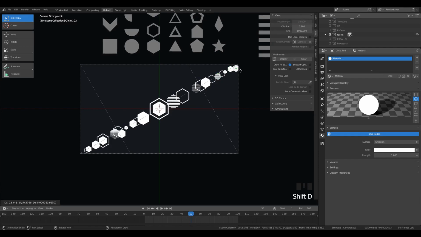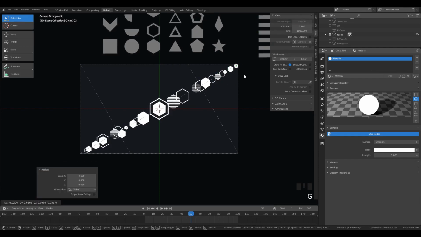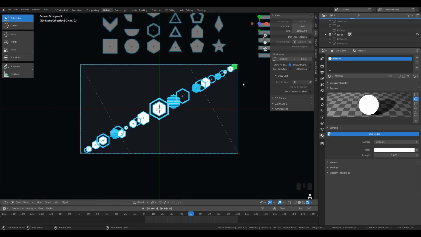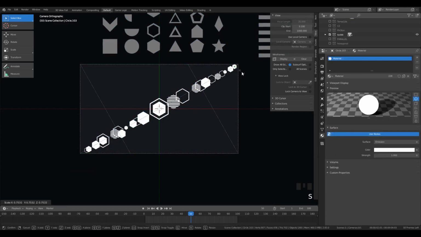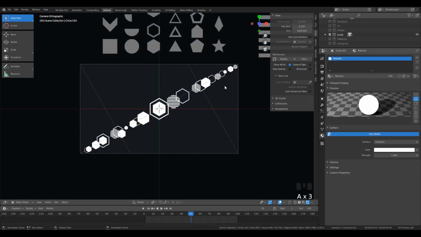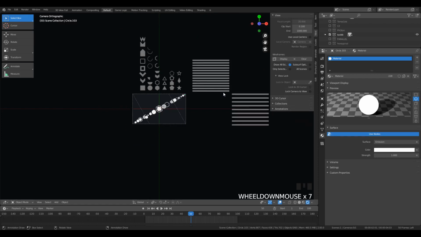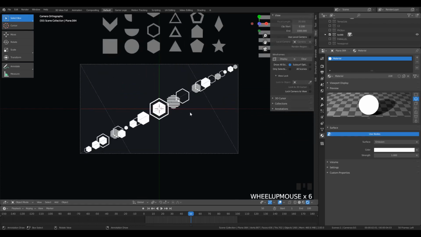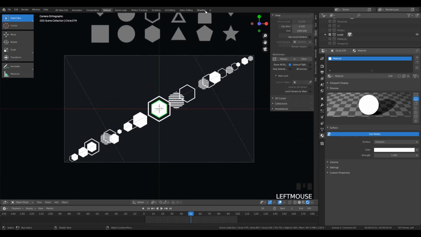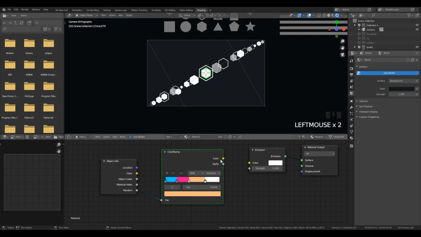So just arrange all of the elements along this central diagonal line. Make sure to have variation in size and texture. And there we have it. Now, in order to create the shader, we can use what we did in the last video and give it